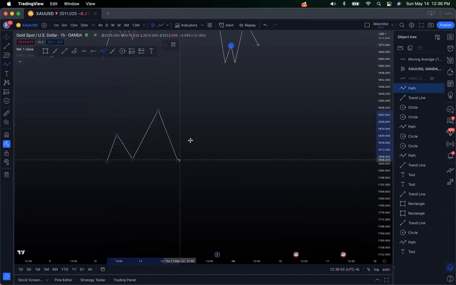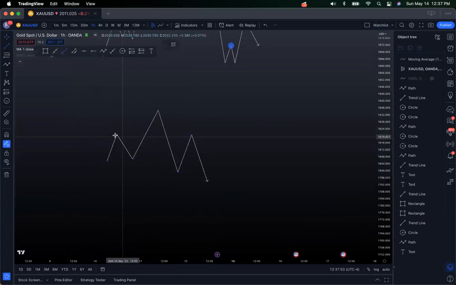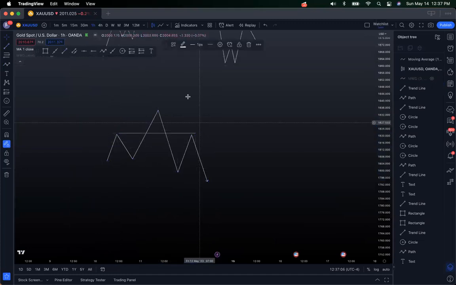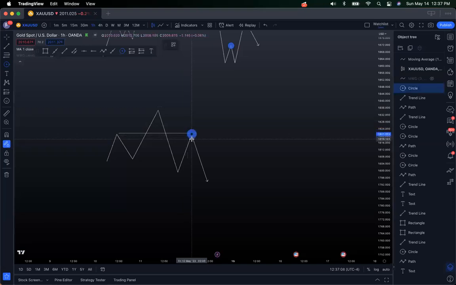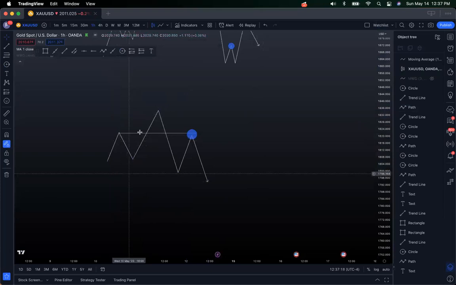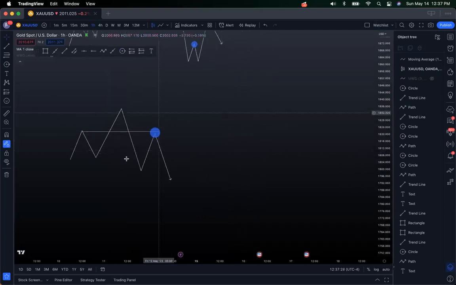So we have head and shoulders. I think you guys know this pattern already, but I'm going to explain it anyways. Head and shoulders is going to be the creation of a left shoulder, the head, the breakout of this level, and then the retest. So that is a bearish example. A bullish example is